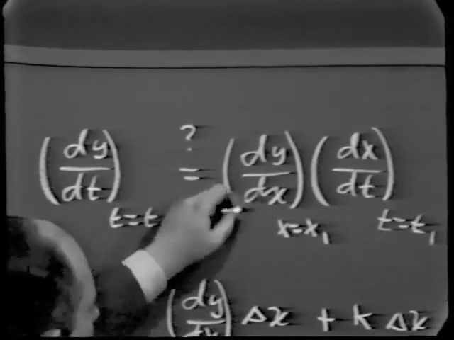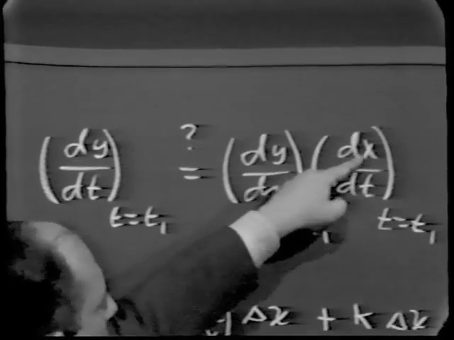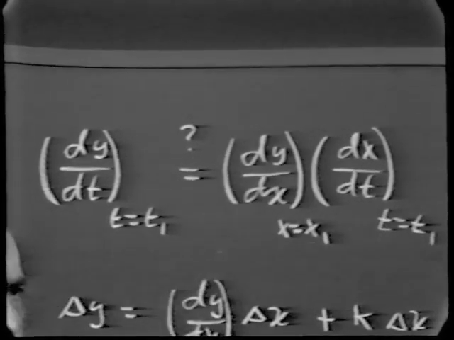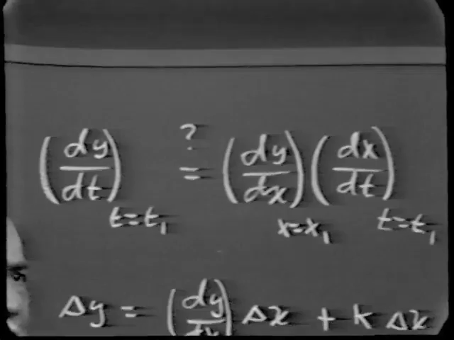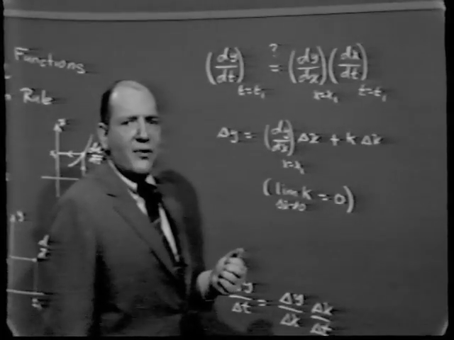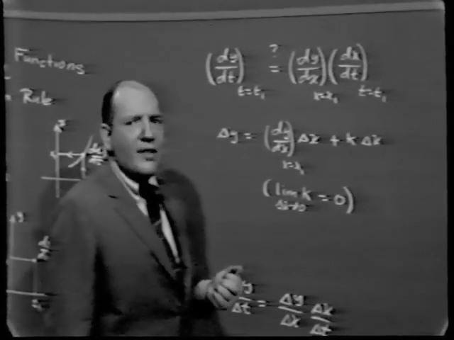Again, it's almost as if the dx from the numerator here canceled with the dx from the denominator here, the same as what we hope our differential notation would be. And the question is,